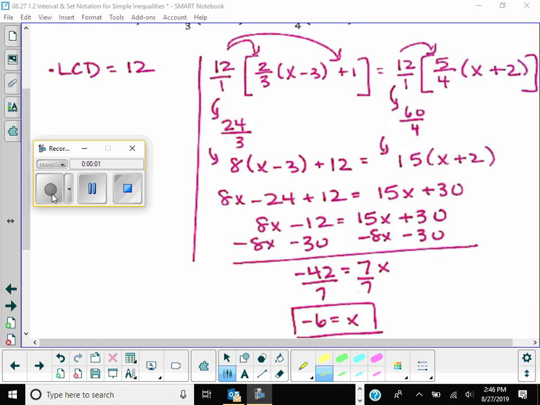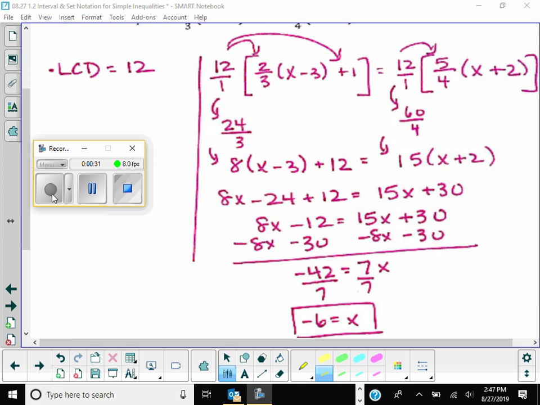One thing that's different here than, I think, maybe our warm-up yesterday. Yesterday you could have started by distributing the fraction. And that works fine on the left-hand side, but on the right, when you distribute 5/4 to 2 and you get 10/4 or 5/2, now you do not get an integer there, and that might have tripped you up a little bit. It still would have taken care of itself when you go to multiply by the least common denominator,